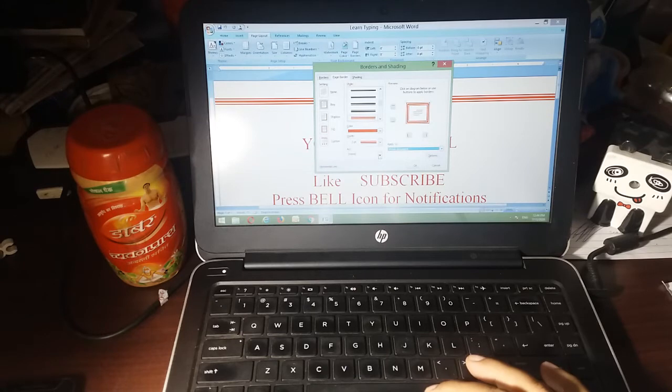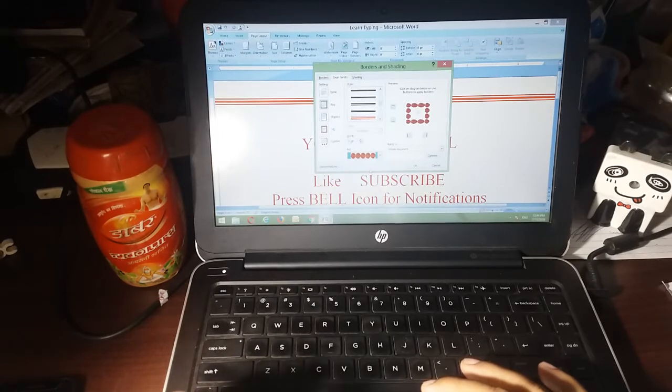Here art is there. When we click on art, many options will come. Let us try this apple looking border. We have clicked here and let us do OK.